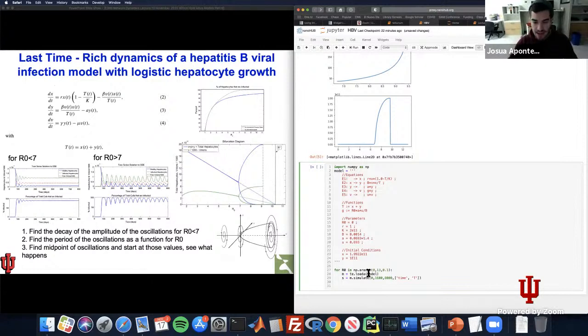And again, as I've been mentioning, what we really care about is what happens at the tail of the model, at the end of the model. So let's initiate a variable called tail, and